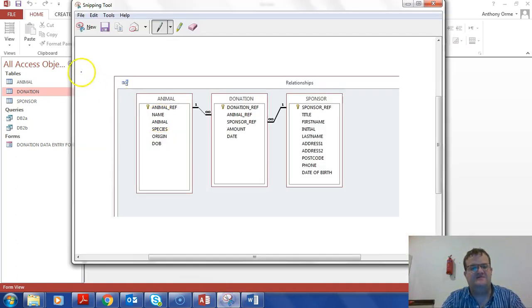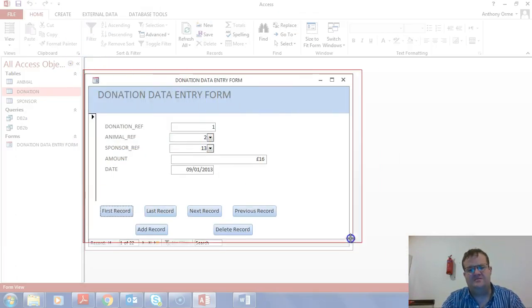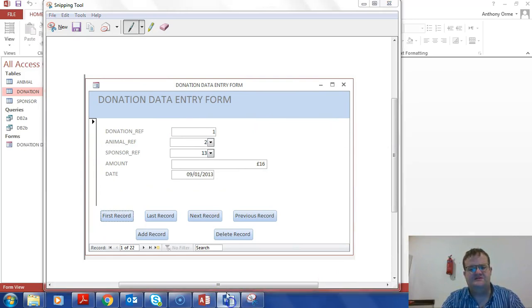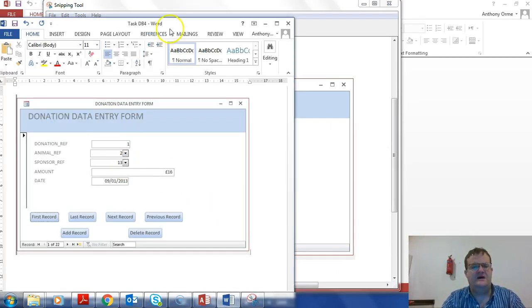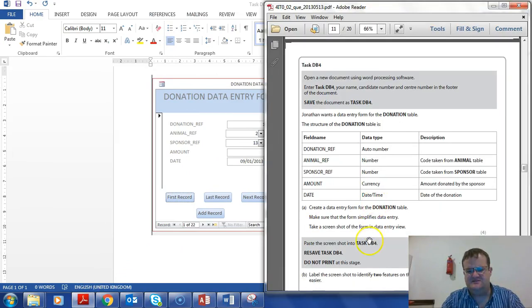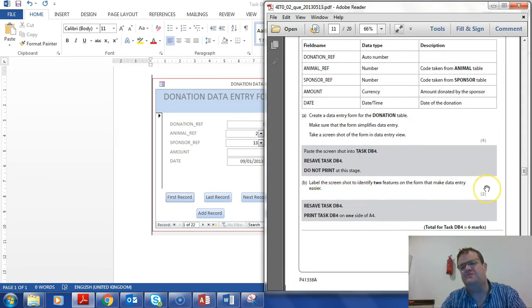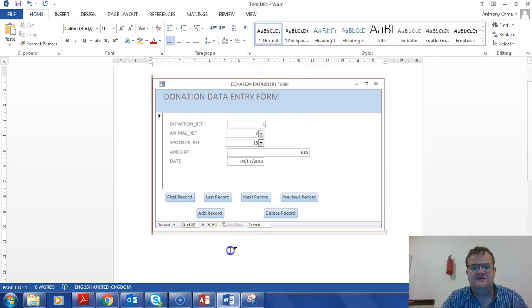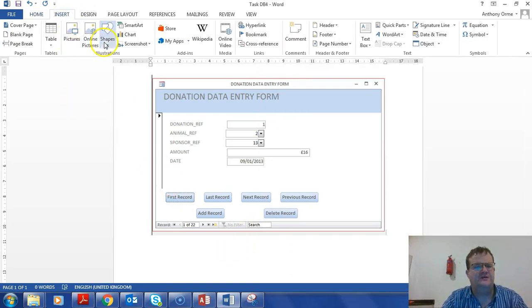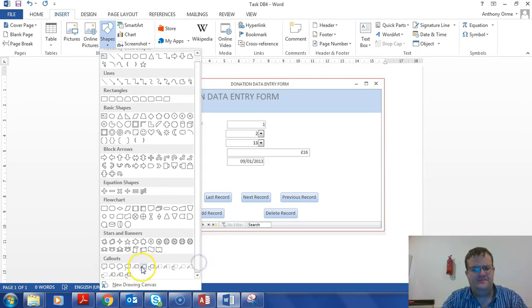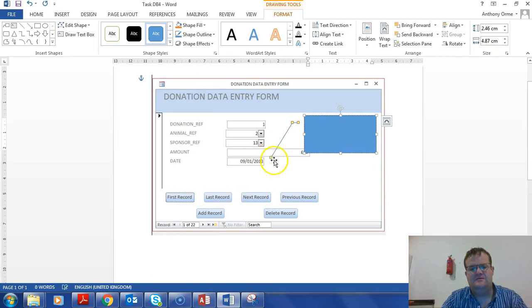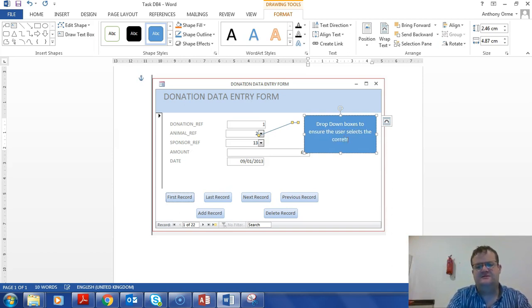And like it says in the exam, I have to take a screenshot of the form, paste it into Word, and I need to label it. I think it does say label the screenshot to identify two features on the form that make the data entry easy. So of course one of which will be the drop down boxes. Drop down boxes to ensure the user selects the correct data,